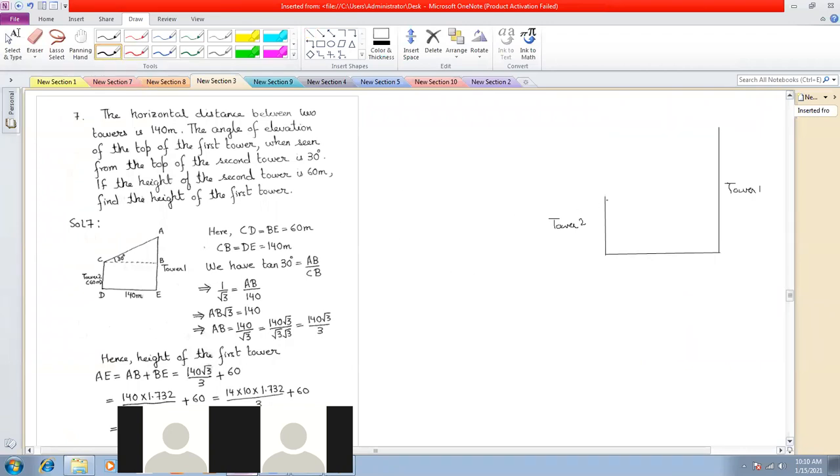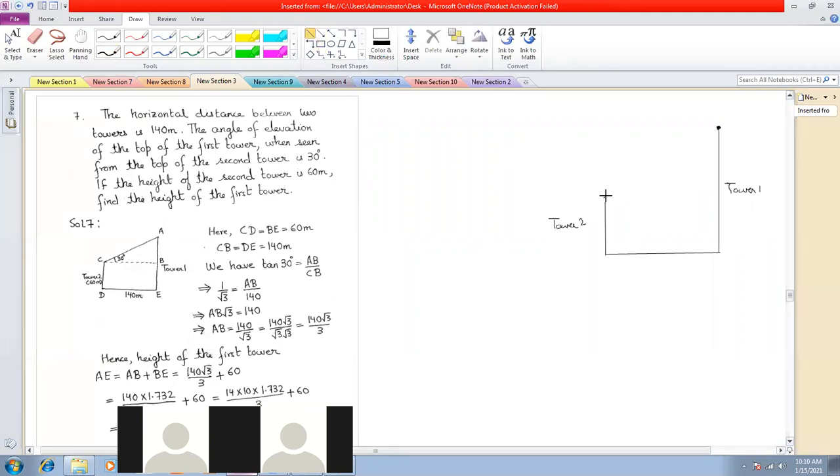What happens is that the observer is in the shorter tower. I have already noticed this. Again, I repeat, why did I notice this? Because the observer is talking about angle of elevation. So if the observer is here and he's talking about angle of elevation, that means whatever object he's observing on the other tower has to be at a higher position. That means this tower has to be the higher tower. So the object must be somewhere over here.